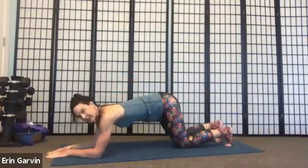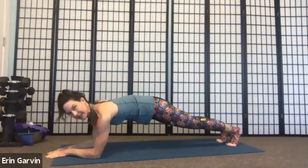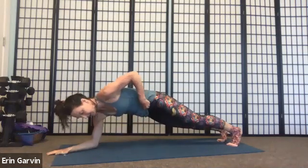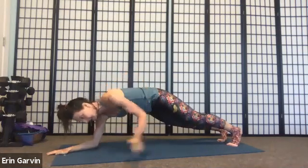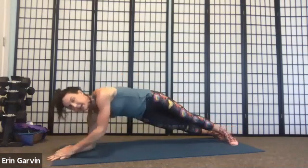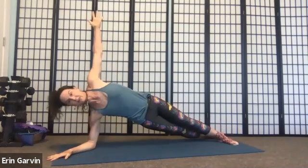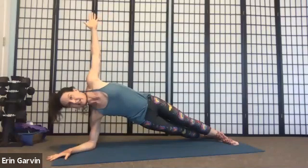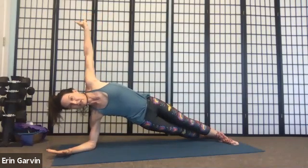You know I love planks. All right, hold here. 10, 9. If you want to modify, go to your knees. 8, 7, 6, 5, 4, 3. Good, buddy. 2. Side plank. First one is just for stability. 10. This humerus is vertical. 9, 8, 7, 6, 5, 4, 3,